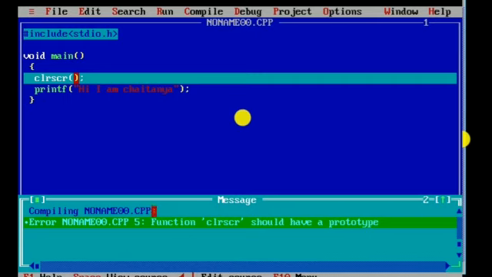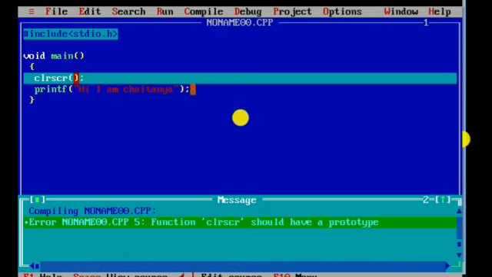What is a prototype? We can add that prototype to our program by using a header file like stdio.h. One more header file is there, that is the conio.h header file, which you need to include in your program for the clrscr function.